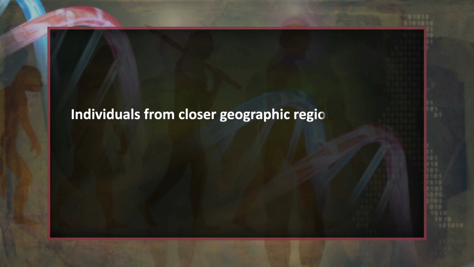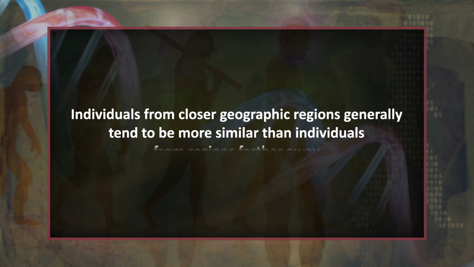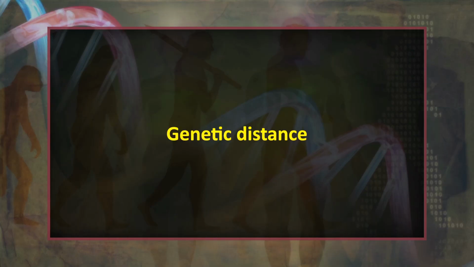Individuals from closer geographic regions generally tend to be more similar than individuals from regions farther away. Distance on a phylogenetic tree can be used approximately to indicate